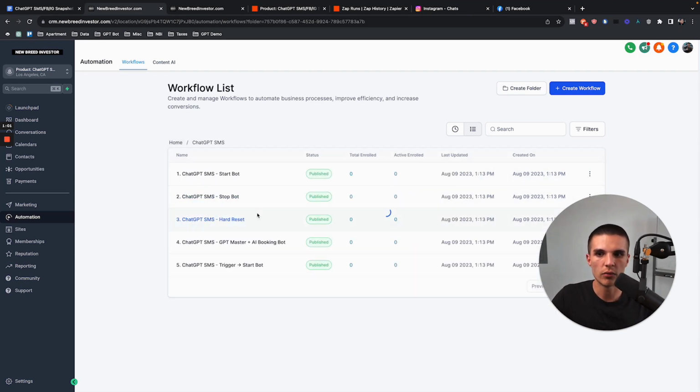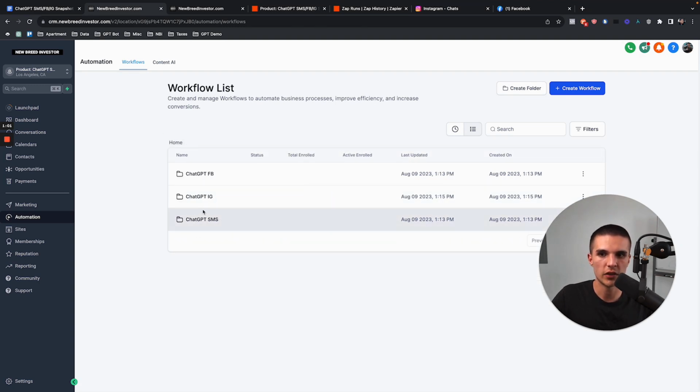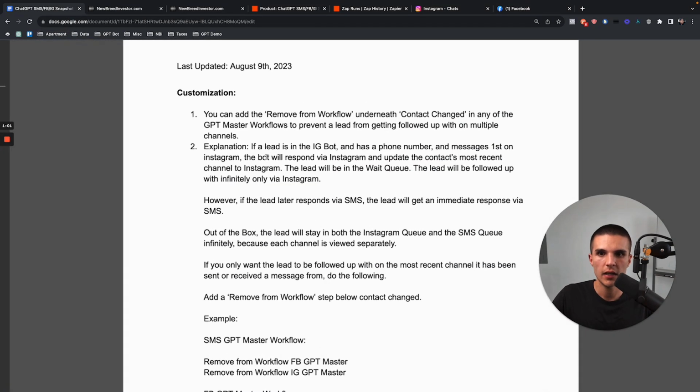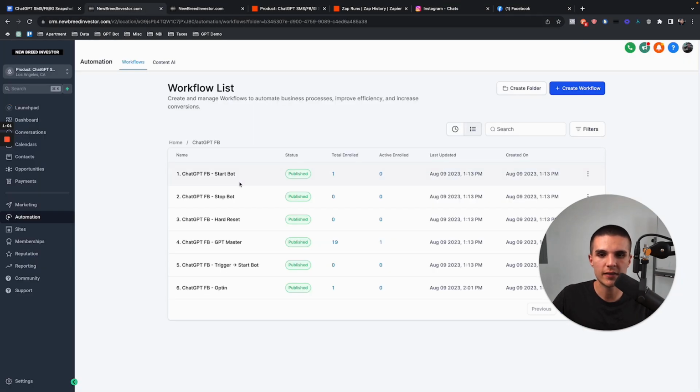So you can see here, if I push this contact out, it's going to send them a text. If I push this contact out, it's going to send them to Instagram. If I push this out, it's going to send them to Facebook. If you want to change this so it always responds on the last channel, I think I wrote it pretty clearly here. You can prevent a lead from getting followed up with on multiple channels, which simply means if you only want to respond and follow up with the lead on the last channel that the message was sent from or the lead responded from,